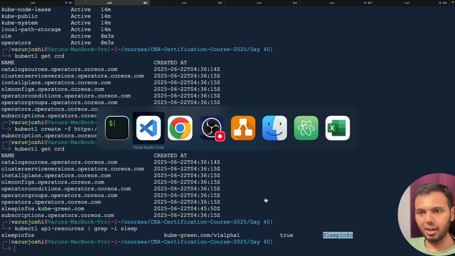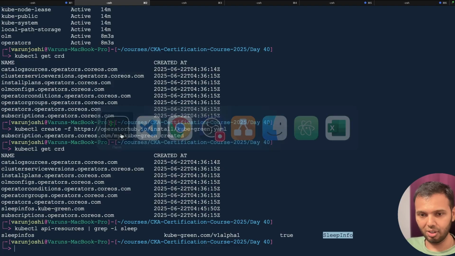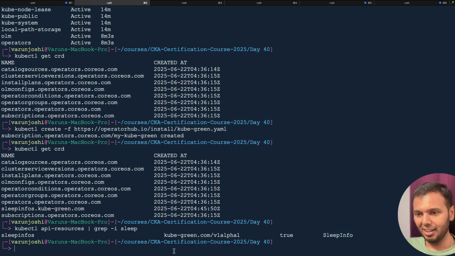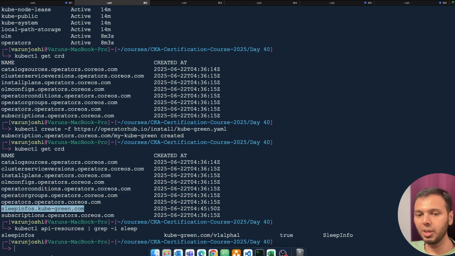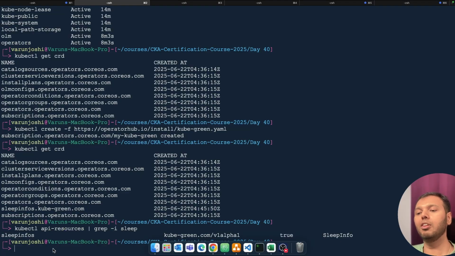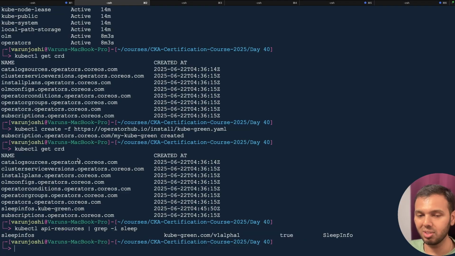So if I go back here, let's do one more thing. You see that there is a CRD called this. So let's see the contents of this CRD. What this will tell us is what should be the schema, what should be the format of the custom resource that we create that will be using this CRD under the hood. So if I run kubectl get CRD and then I check for this one -o yaml, and I'll redirect this to, let's say,